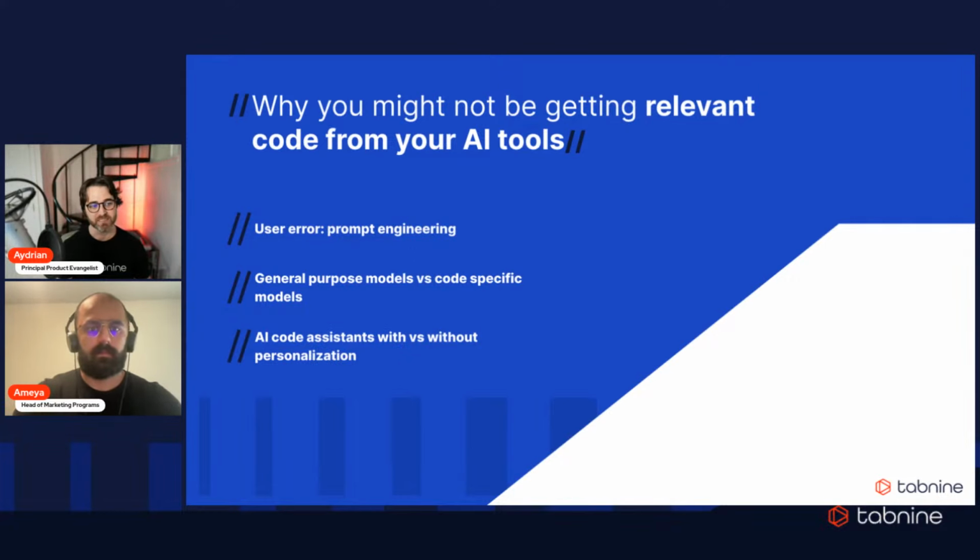But a lot of times what we see is the results that come back are for very general use cases. So in code, right? The Tab9 protected model is trained exclusively on permissively licensed open source code, right? So if you ask it to do something like, add a book to the database and it doesn't know anything about your database, it's going to try and use an example that it found in open source and pull that back. And so it just might not be relevant at all. And so the model that you use and the size of that model is only one part of the equation for bringing back good results.